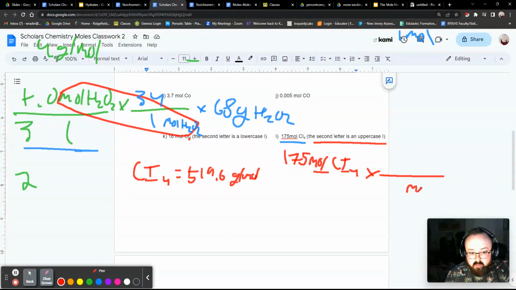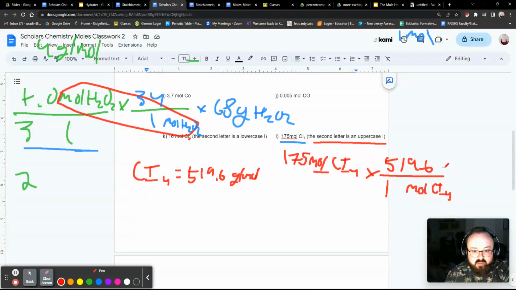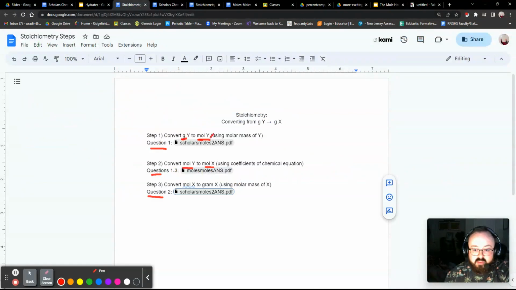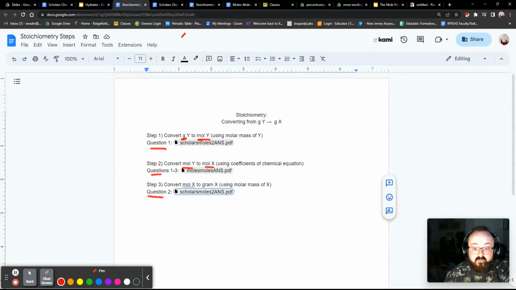Moles here, moles here. CI4, 1, 519.6. Fun big number. That gives 90,930 grams. That's a lot of grams. And that's the final of our third steps. Those are the third steps. And now what I'm going to do is put it all together. Before I get to that, though,